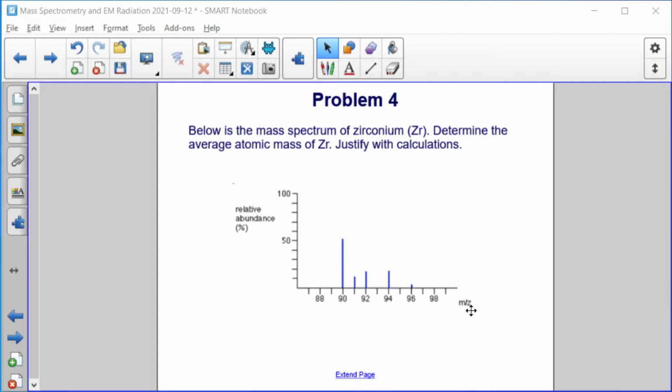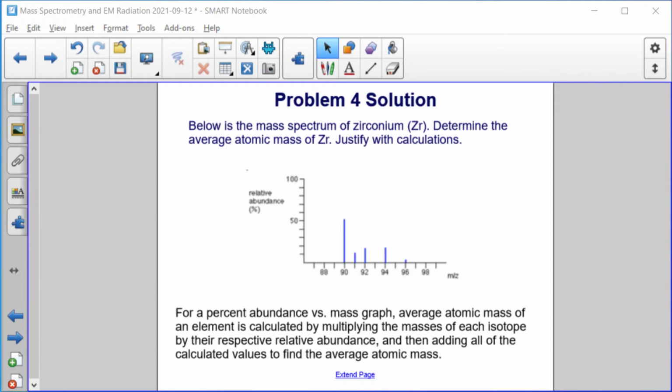percent abundance versus mass. And we're going to use this mass spectrum to determine the average atomic mass for zirconium. That average atomic mass must be justified with calculations. So try this on your own if you haven't already, and I'll spend the next couple slides going through it with you. Okay, for a percent abundance versus mass graph, which is what we have here, the average atomic mass